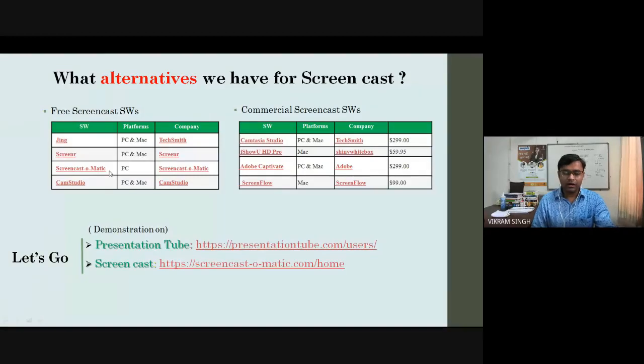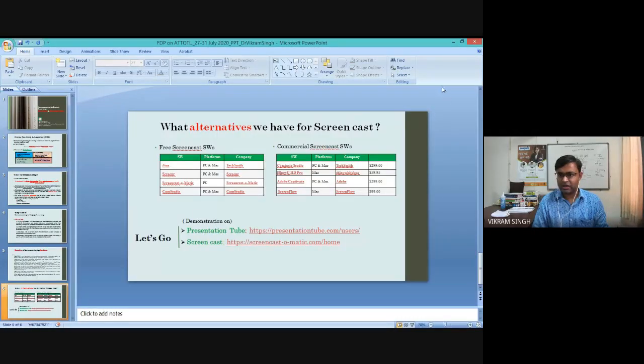Something which is available basically without cost. Actually, that's one part. Second part, to use this Screencast-O-Matic, you do not need to install it. Basically, you do not need to download it. You can directly open the website of Screencast-O-Matic and start using it, right? So without discussing much detail, let's go to this website or maybe the downloader where we can directly start recording or exploring the features, right?